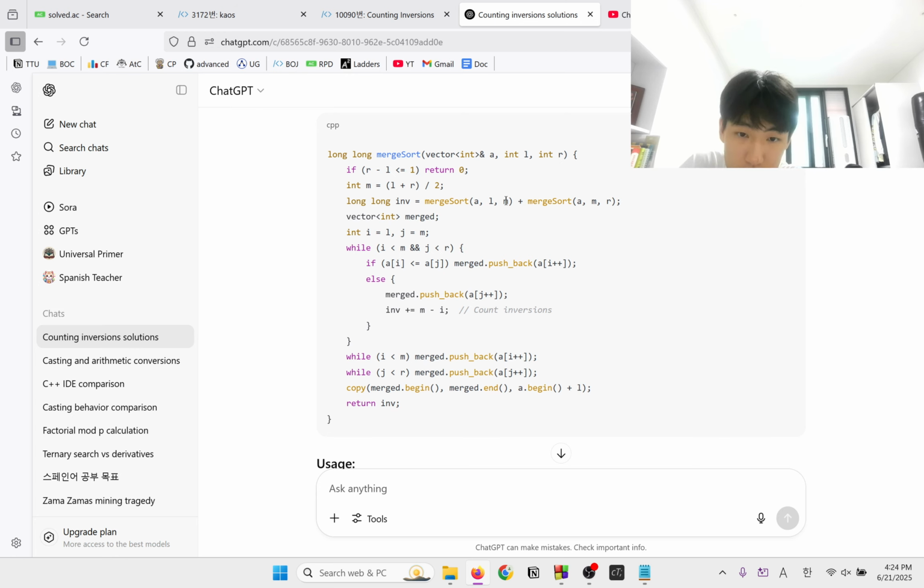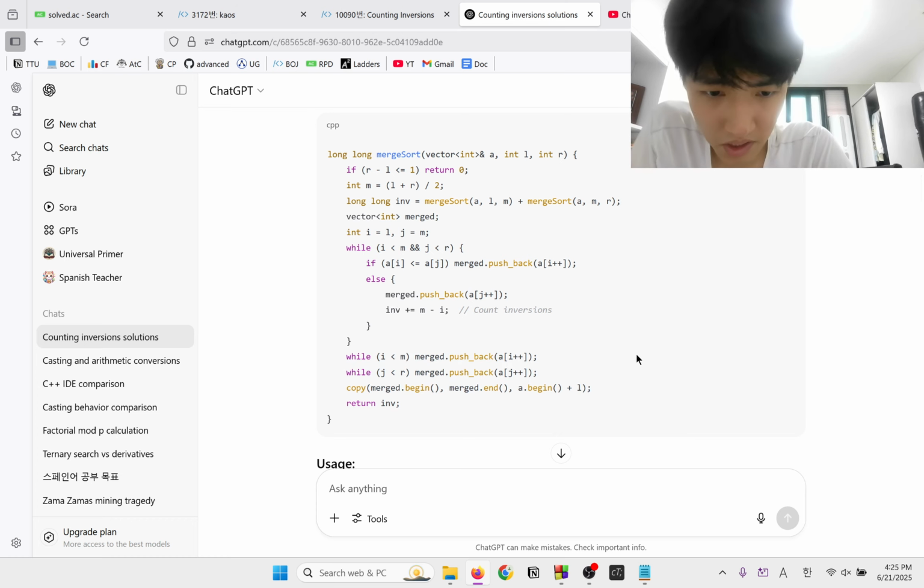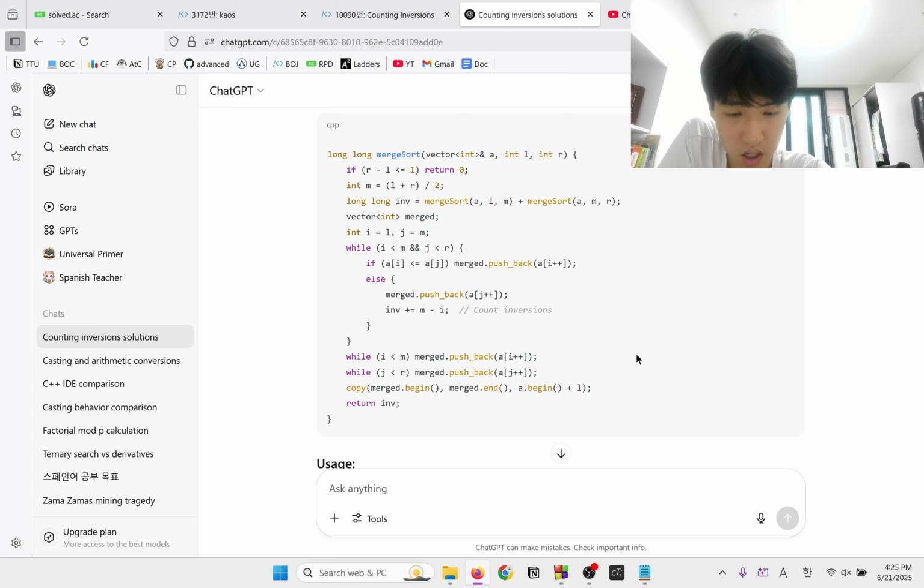So, are we merge sorting on the way there? Do we keep a sorted version? Yeah, this just adds the leftovers. What the hell is a copy? Huh?